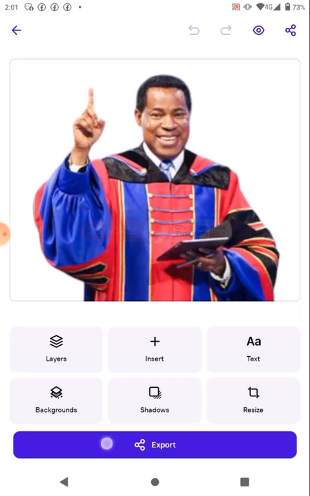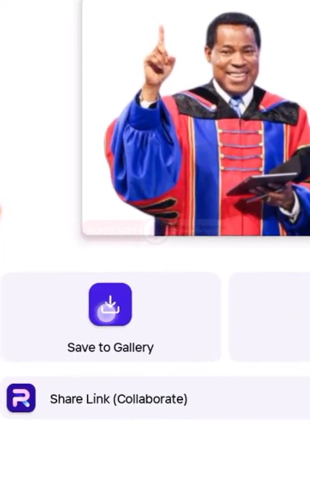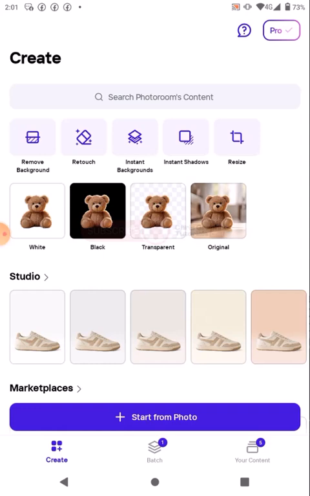Now just click export, and I'll save it to my gallery here. If you have another version of PhotoRoom, this might be a little different. So I'll just save to gallery from here, and it will go to my gallery. I don't want to save it yet. Once the background has been turned to white, you then open